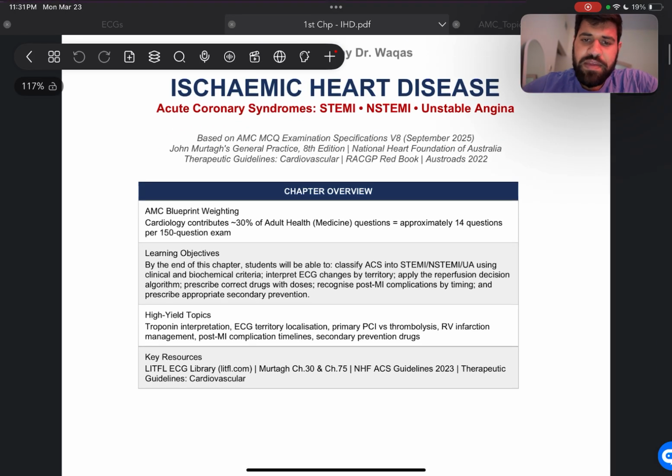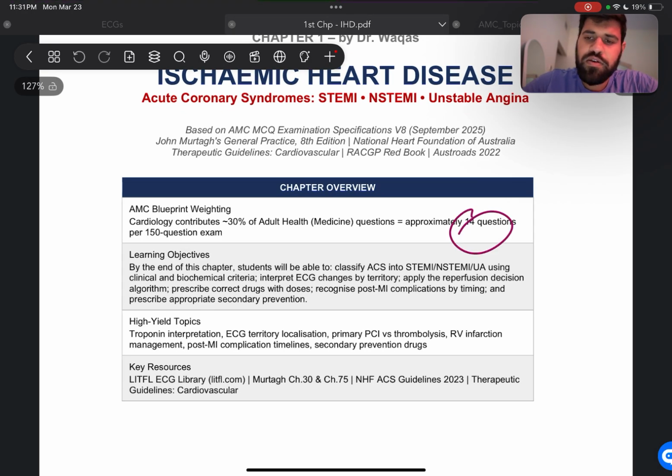Now in the cardiology section, it was really important because in the last recall they had approximately, you can see, 14 questions that were just from the cardiology section, and right now we're just doing one chapter from the cardiology section. So you should keep in mind that there's a lot to cover, and if you're on a time crunch, then try to just focus on the important points that have a lot of questions coming from them. Those could be ECGs or the different diagnostic criteria, the algorithms to diagnose.